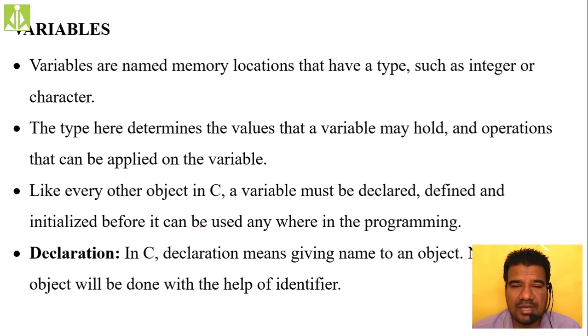Likewise, in your programming also, whenever you want to store a value into a variable, whenever you want to store a value into your program, you have to use a variable. A variable is something which varies, isn't it? Whose value varies throughout the execution of your program, throughout the execution of your solution. Because to get the solution only, we are writing the program. So throughout our solution, the values which vary, we call them variables. So variables are nothing but they are the named memory locations.